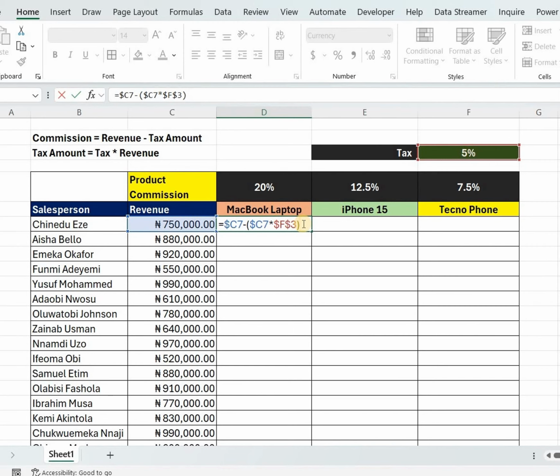So after that has been done, now we have gotten how to subtract the tax from the revenue. Now we are going to be multiplying it by the commission, which is the product commission, the MacBook laptop, which is 20%. So what we are going to do is that since this is a whole, we have to enclose it in a bracket by adding a bracket here, and then go to the beginning of the formula and enclose it with a bracket. And then we'll go back to the end of the formula again,